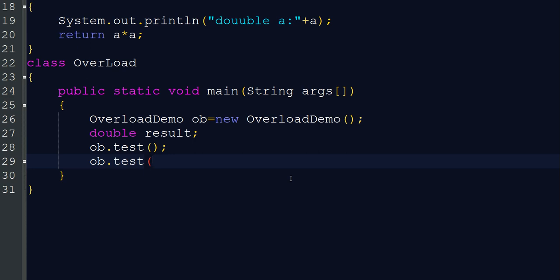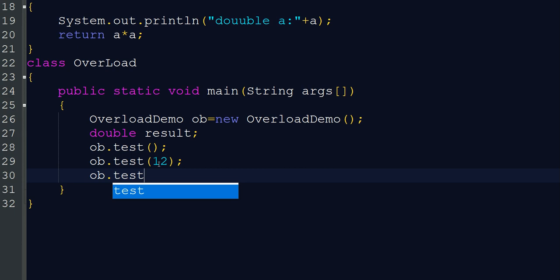The second method ob.test will accept one integer value, so we are passing 12. Now we are calling the test method with two parameters. Okay, 13 comma 14.